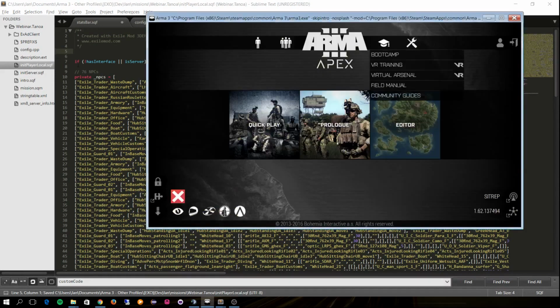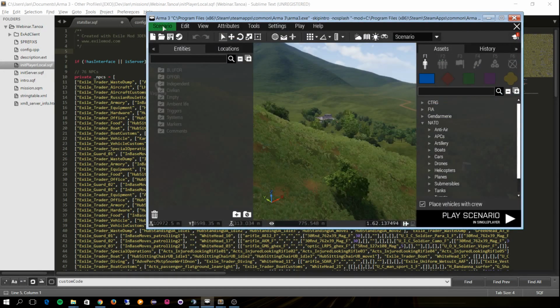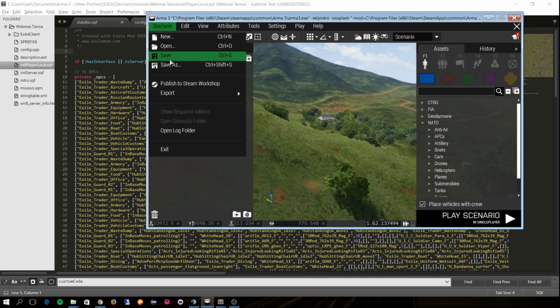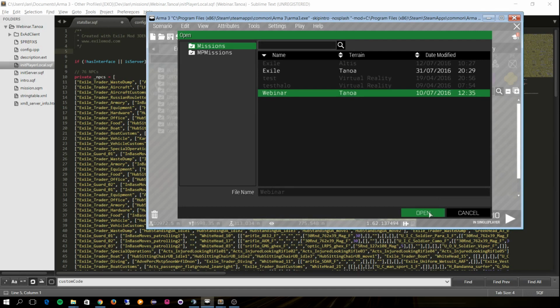Okay, so when you wanna start, we're gonna just start by loading this mission file into the editor. And since it's Exile and we're going to use XM8s and stuff like that, we actually need a player that is connected to the game that we're using. So we're going to load the webinar,